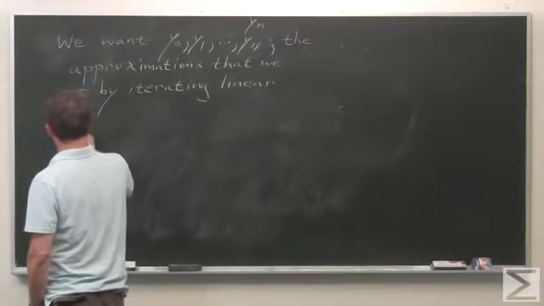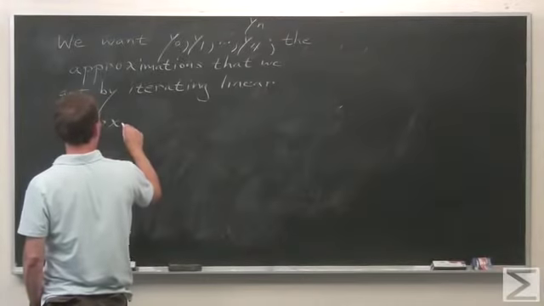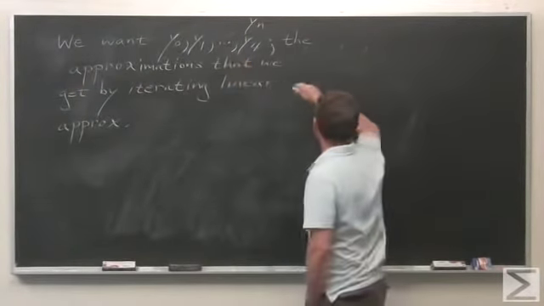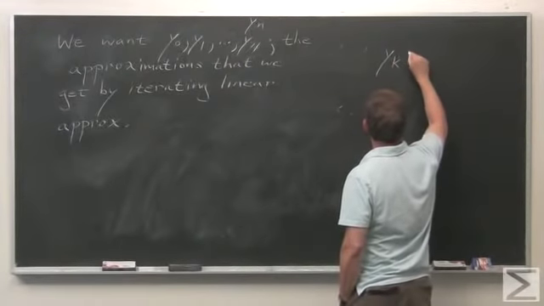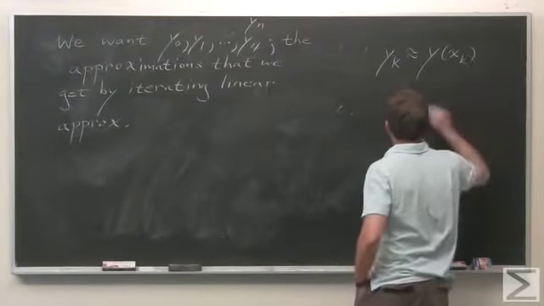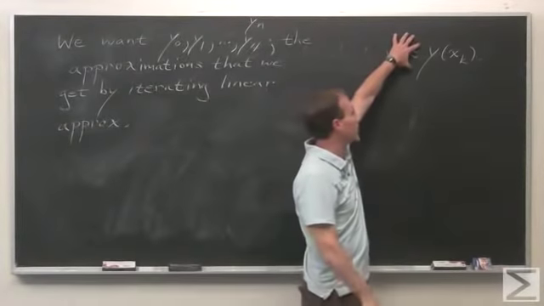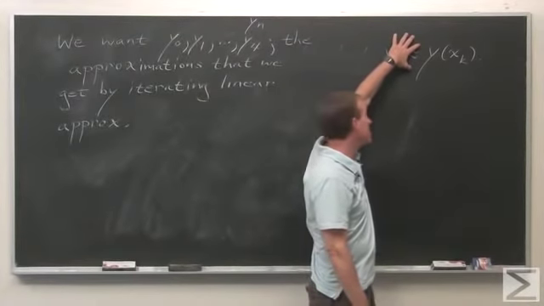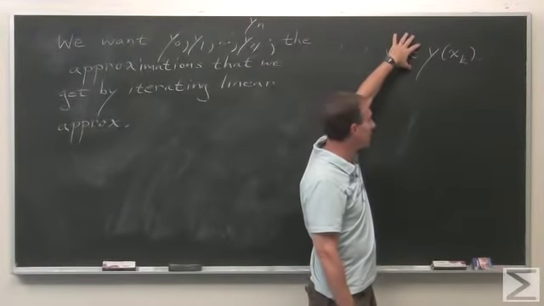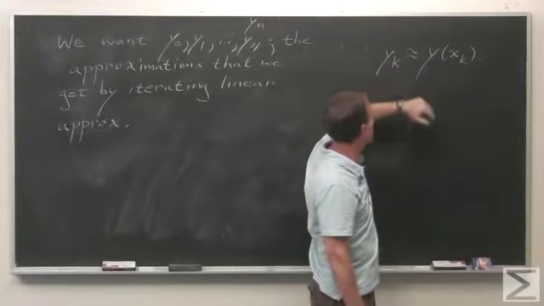I should emphasize something, a notational conflict that I introduced a minute ago. These y's are approximations. So y sub k is approximately the value of y at x sub k. It is not the actual value of y at x sub k. In general, we wouldn't be able to tell you the actual value of y at the x sub k's if we started with a differential equation for which we didn't know an explicit solution. Now I gave us an explicit solution, so we could calculate the value of y at x sub k, but